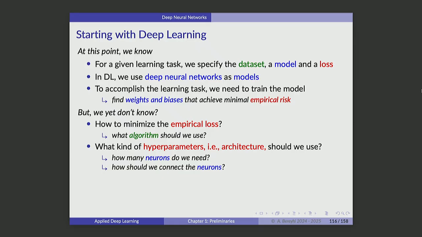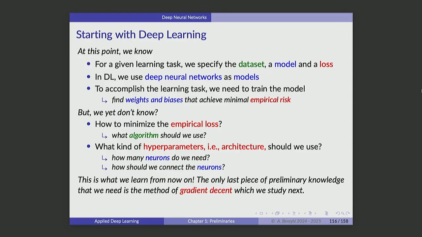So the last thing that I need to tell you as a preliminary is this idea of how we can design an algorithm which minimizes a function. And that function for us is going to always be the empirical risk, okay? But we need to have an algorithm, and we're going to see that there is a very simple algorithm known as gradient descent. And this is actually the base of any optimization algorithm that you have in practice,